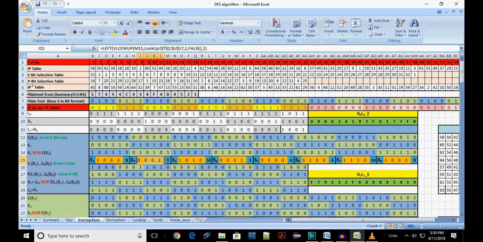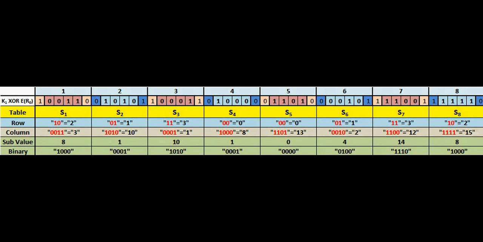And we continue the same way for the remaining bits. So for each 6 bits substitution, we get a 4-bit value. You will notice the 48 bits that we began with have now become 32 bits. This is how substitution works.